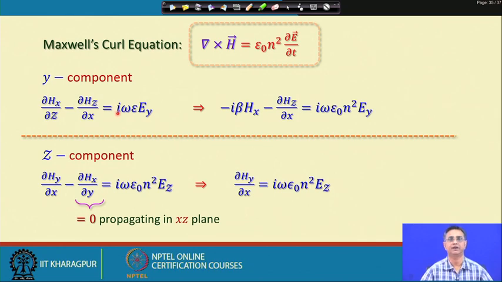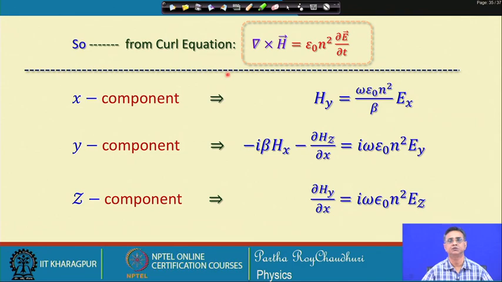Similarly, if you take the y component of the field, you can represent the field in this form, which will reduce to this form. And for the z component, again you will have del H x by del y, because there is no dependence along the y direction. So, putting this quantity equal to 0, we can write the relation between H y and E z in this form. Now, we will take the curl equation for the